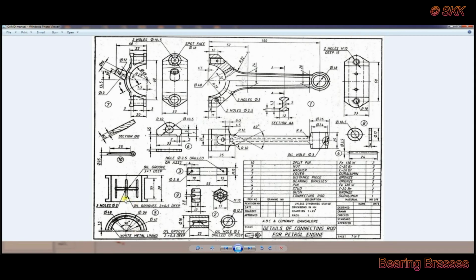Now you have to make one more oil groove of 2 into 0.5 in a horizontal manner. That one you have to do. Maybe 2 into